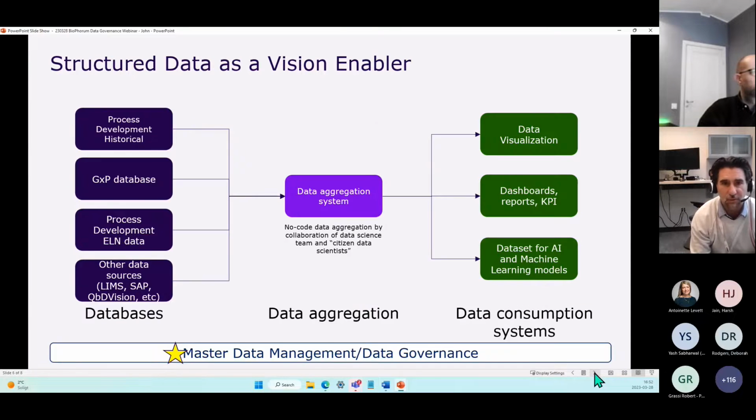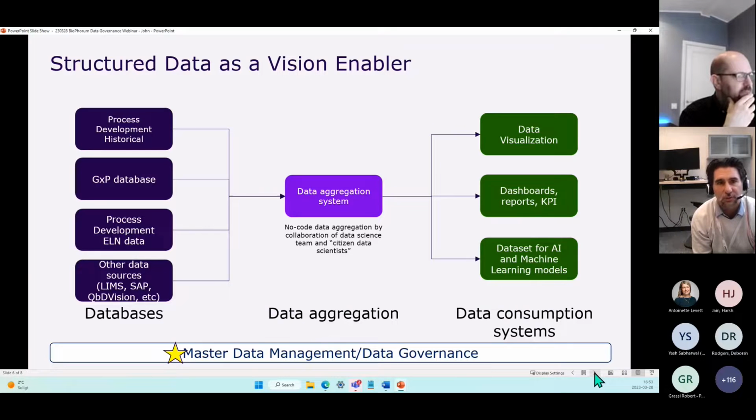Next slide, Julian, please. So underneath all of that is really a need for this master data management and data governance. And now that we have some structured data, we really can start to use that in many different ways. On the left side here were the different databases that we want to be able to tap into. The GXP database is the one that I manage, but there are also other non-GXP databases and other source databases as well that we really want to be able to combine so we can get a good view